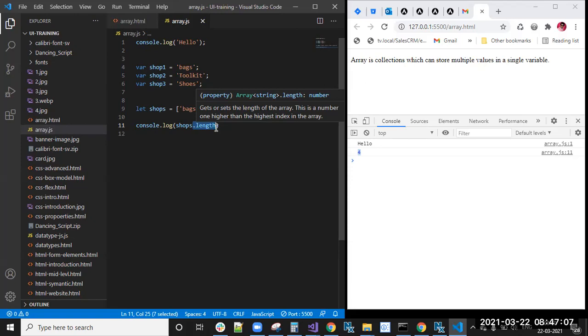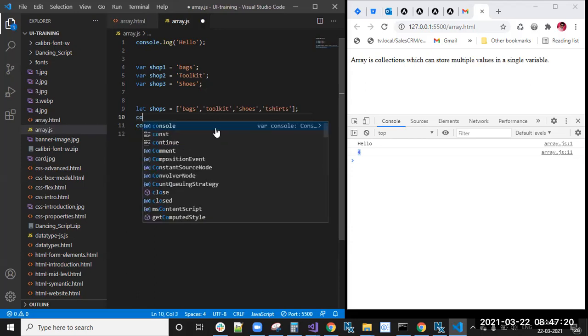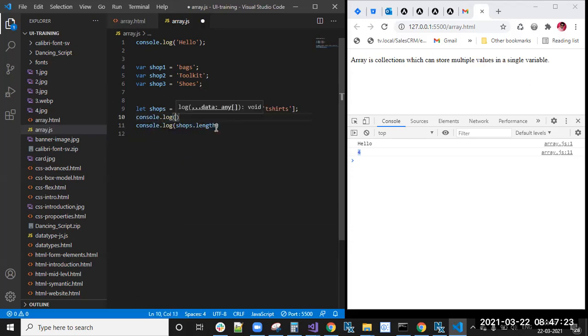And the items in shops, every item will have its own index. It is associated with an index value. So I will show you now. Here I am doing console.log of shops. We'll see that array in the console.